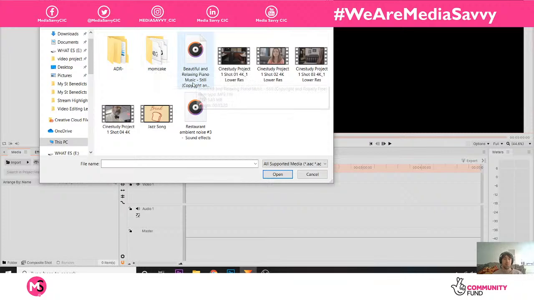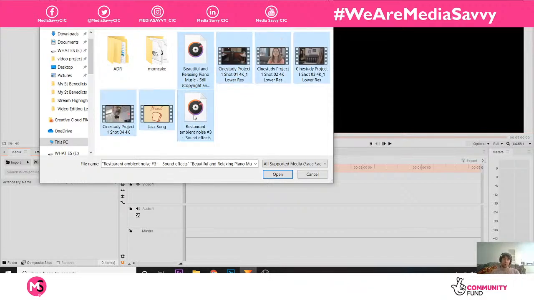We've got a bit of piano noise just to underlay it because we're going to do a bit of sound design. We've got some restaurant ambience to just buff it up, and then we've got ADR. I'll explain ADR in a second, but we'll put a pin in that one for now because that's a little bit more complicated. We might look at that today depending on how we get on with the time. We'll see how we go with that. So first things first, I'm going to put the music and these ones here.